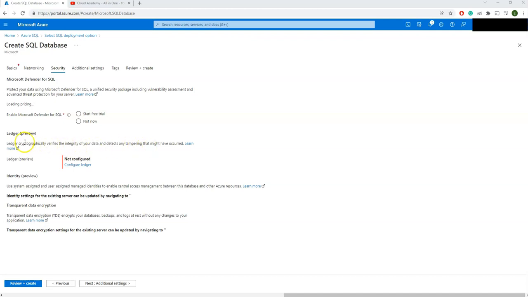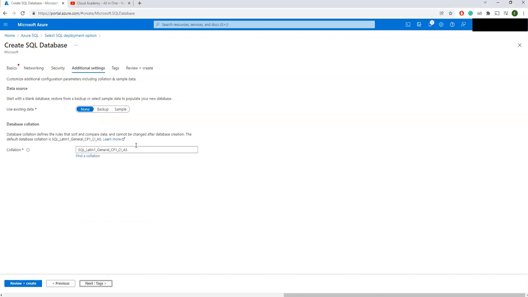But if you enable Ledger, that will help you identify any such tampering that happened on your data. You can apply it especially for sensitive data where regular auditing happens, so that you can easily identify any tampering during any of your internal processes. As I mentioned, there are special use cases for this one. Based on your business requirement, you can enable Ledger as well.